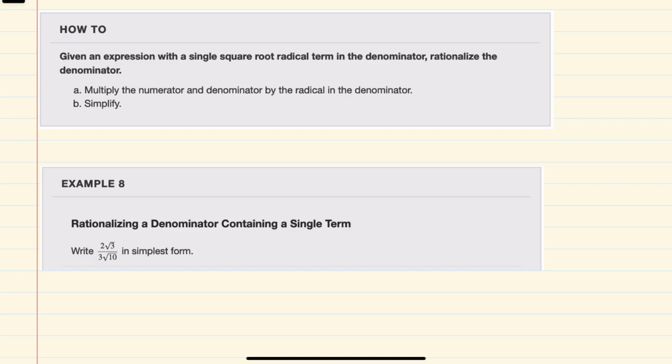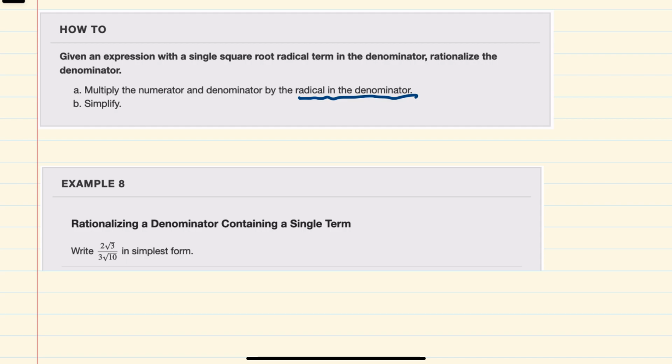In this video, I'll be helping you with a math topic called Rationalizing a Denominator Containing a Single Term. We have an example here from the OpenStax College Algebra text, along with the how-to provided in that text. And in the how-to, we're told to first multiply the numerator and denominator by the radical in the denominator, and